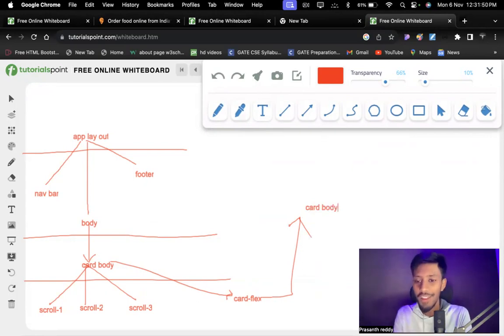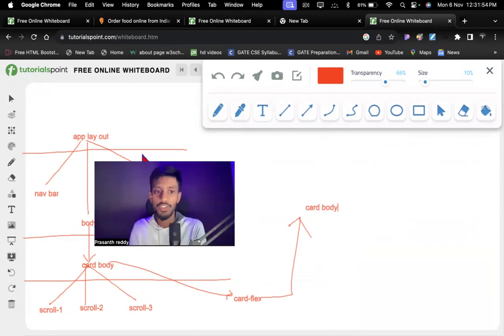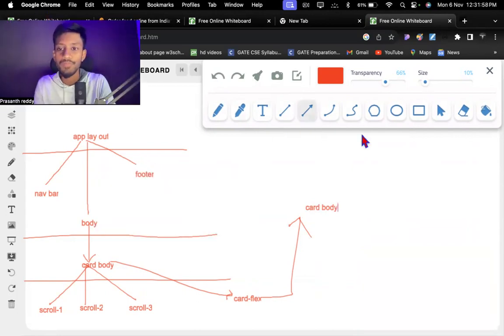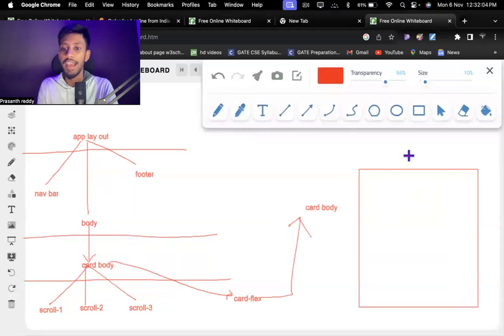Okay, cool. Now let me move this a bit aside, guys, to the very top. See, now first of all, let's build this app layout component. We build an app layout component; let me write it by name, AppLayout. Now inside this app layout, what do we have to render?